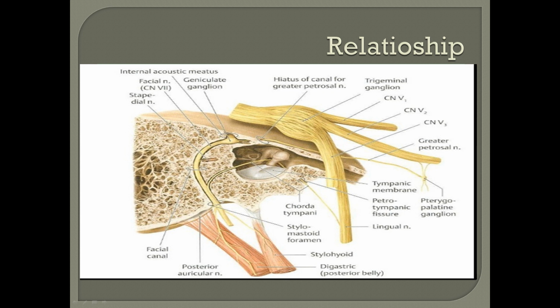In the medial wall of the middle ear cavity, we have the oval window, the round window, and the stapedial muscle. The important thing is that the whole of this part is in the fallopian canal, and this canal can be dehiscent in up to 50%, most commonly in the horizontal part. And then the vertical part is related to the posterior canal wall of the external canal.